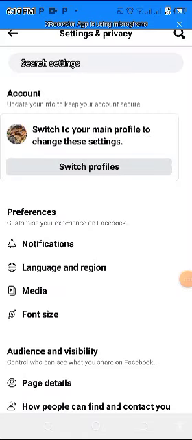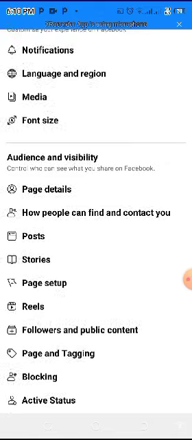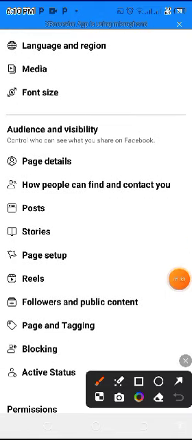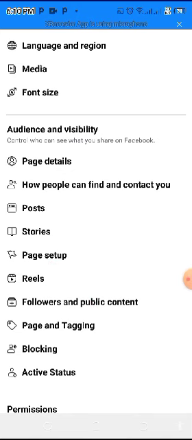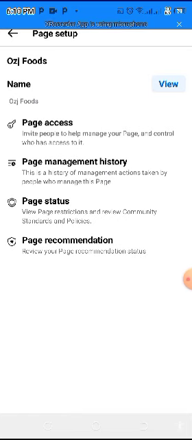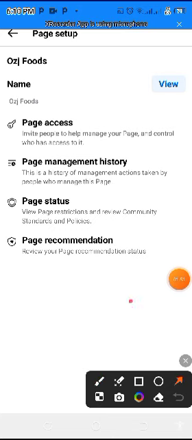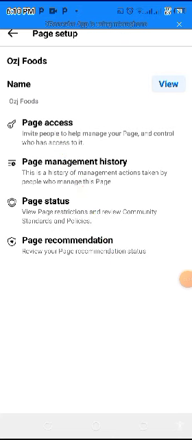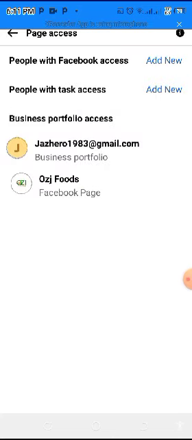You wait. Scroll down. You wait there. Click on page setup. Look at it. Page setup. Click there. After you do that, you click on page access. Click on what? Page access. You click there. Then the next thing you are going to do,